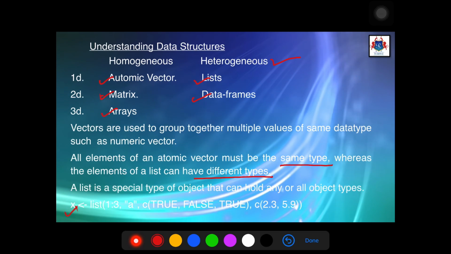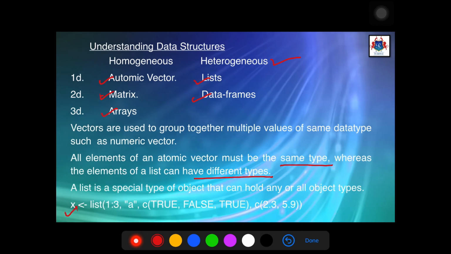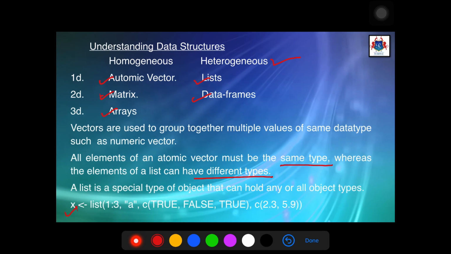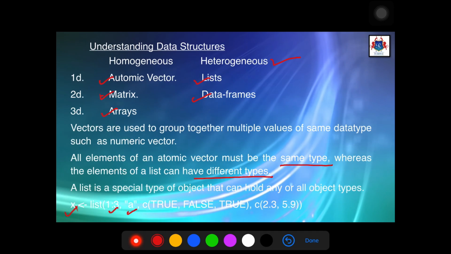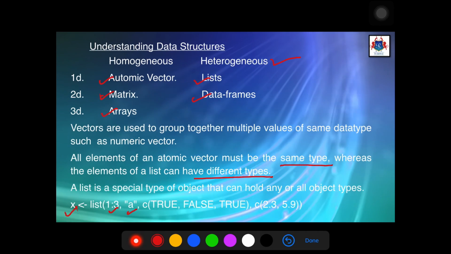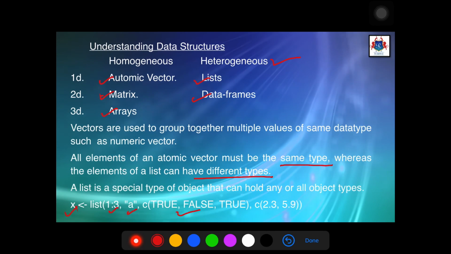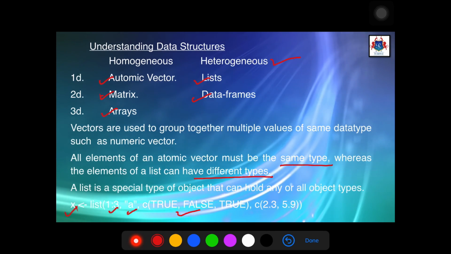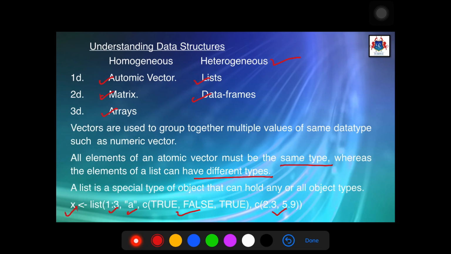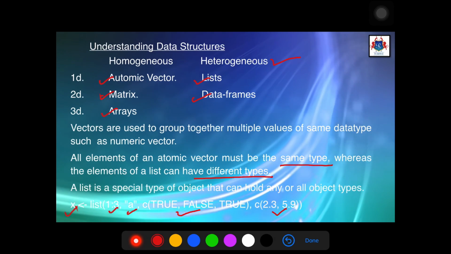The list includes multiple data types, like 1:3 A, then a logical data type, that is TRUE, FALSE, TRUE, and the vector 2.3, 5.9, which shows a numeric data type. So a list can hold multiple data types.